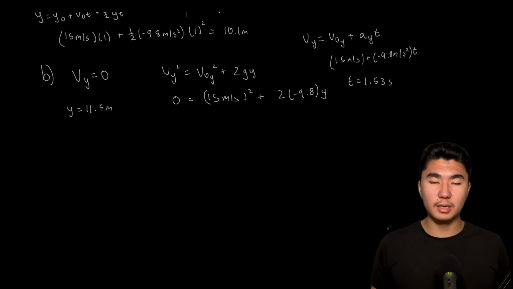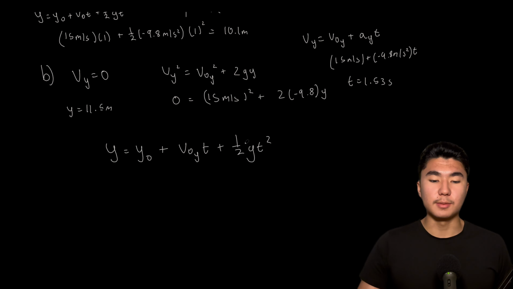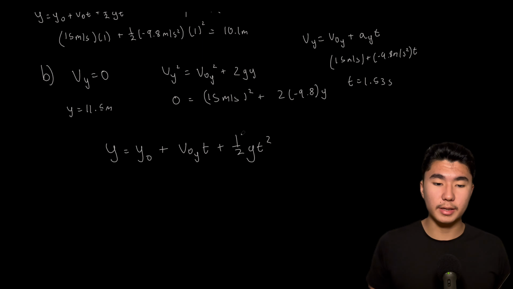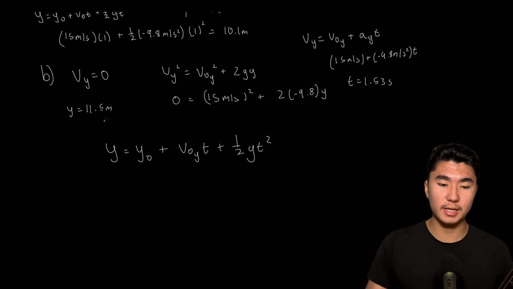And if you wanted to double check your answer, you could use the second equation from the big three, which was y equals the initial position plus velocity initial times t plus 1/2 gravity times t squared. So what we could do is leave our velocity variable just as it is, and we want to make sure we find 15 meters per second. So over here, this is 11.5 meters. Our y0 is just going to be 0, so this is going to be